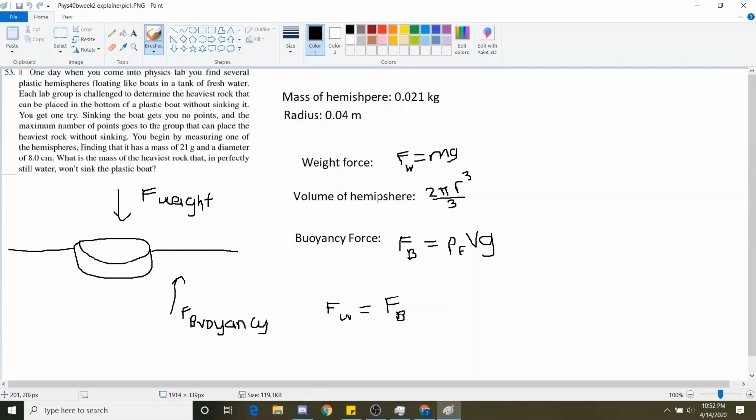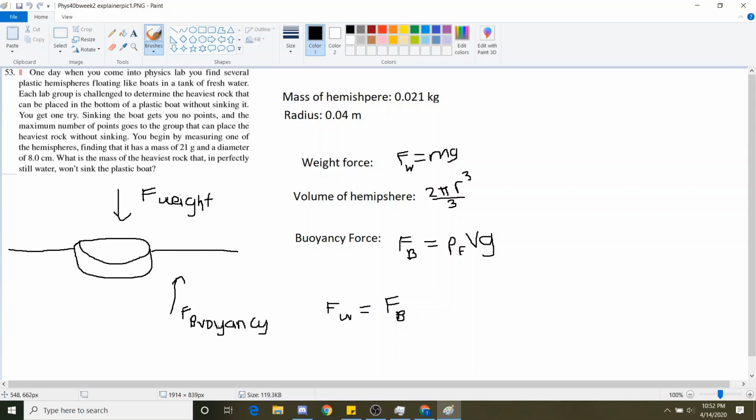Today we'll be going over problem number 53, and essentially what this problem is asking is we have a plastic hemisphere and we have it inside some water. We're trying to find the maximum mass that we can put inside of this plastic hemisphere without having it sink. So essentially what this is asking is we want to find the maximum weight that we can have inside of this sphere without